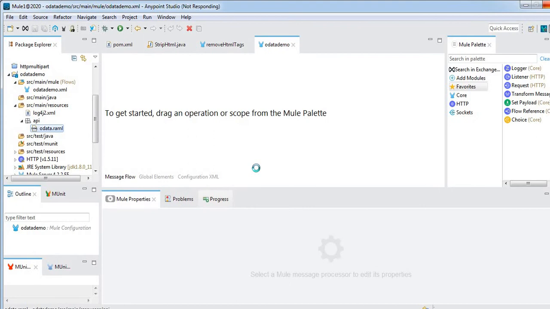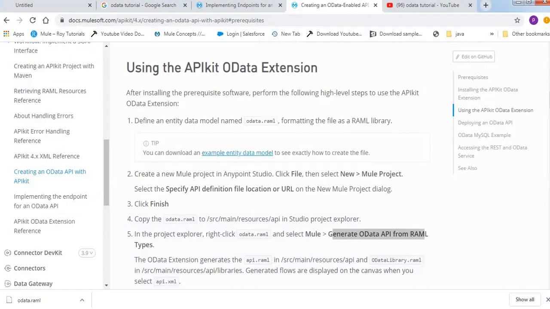See, it is processing. So it takes some time. Meanwhile, we'll go to this documentation.